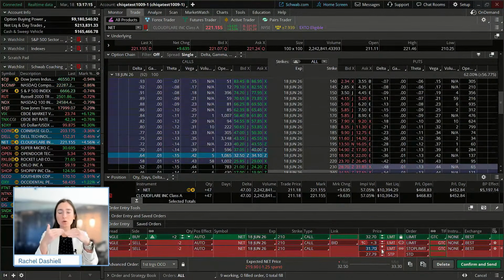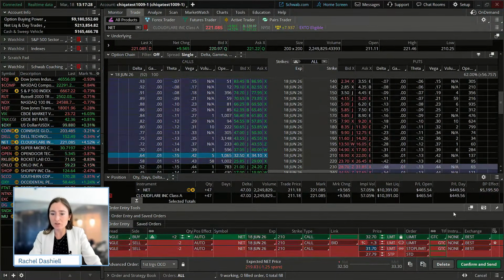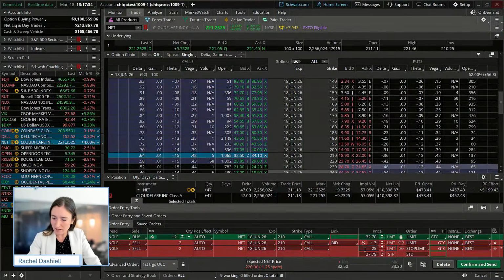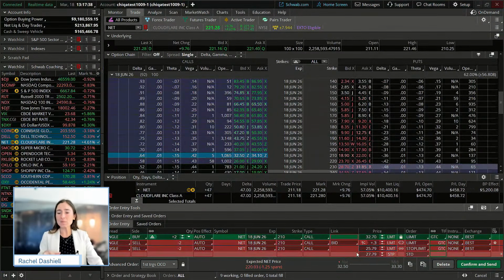And so if you have the limit order at the same exact price, and let's say price ticks down on the next tick after it activates the stop, you need to wait for price to come back up to tick on that limit order for you to be able to get a fill. So we're going to give ourselves a little bit of a gap here on this one, and we're going to place this at, let's say, 25.79.